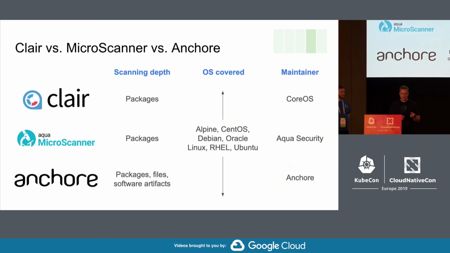Microscanner runs a little bit differently because it runs as part of a container image that executes in your Dockerfile. So while you're building the image, Microscanner will run and it will produce a result showing what vulnerabilities you have in the image at that particular point in time, and at that particular point in your image as well. That makes it easy to include as a step in your CI/CD pipeline, but it also means that anything you run after that